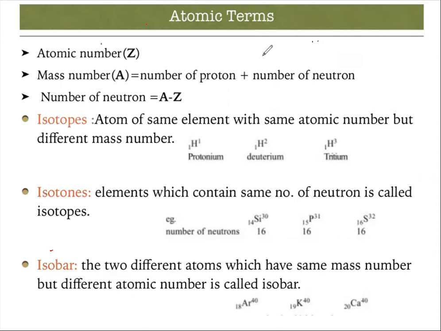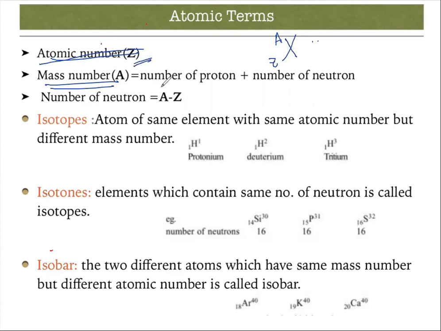How can you represent any atom? To represent any atom, we have to know various terms. The first term is atomic number. What is this atomic number? I think you are already familiar with it from the lower classes. Atomic number is represented by Z. Atomic mass is represented with a capital A. So generally any atom can be represented in the X, A and Z form. A means atomic mass, Z means atomic number, X means atomic symbol.